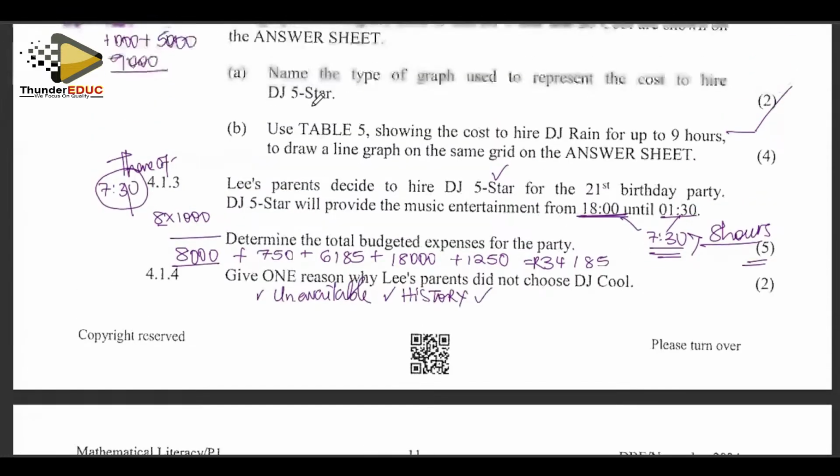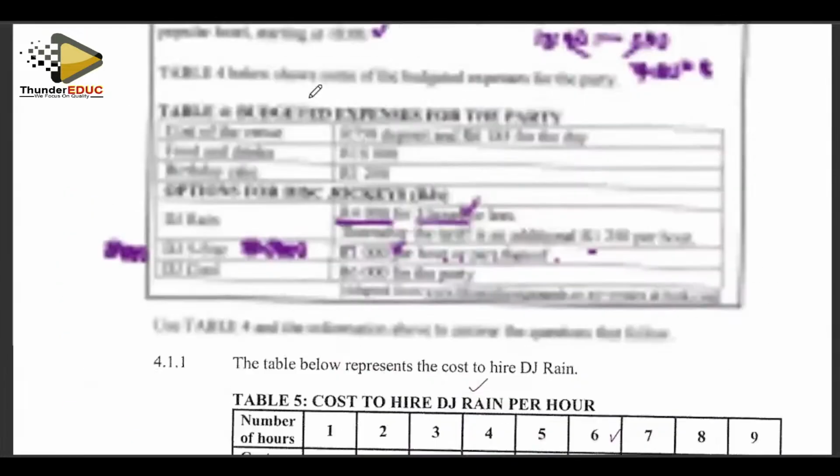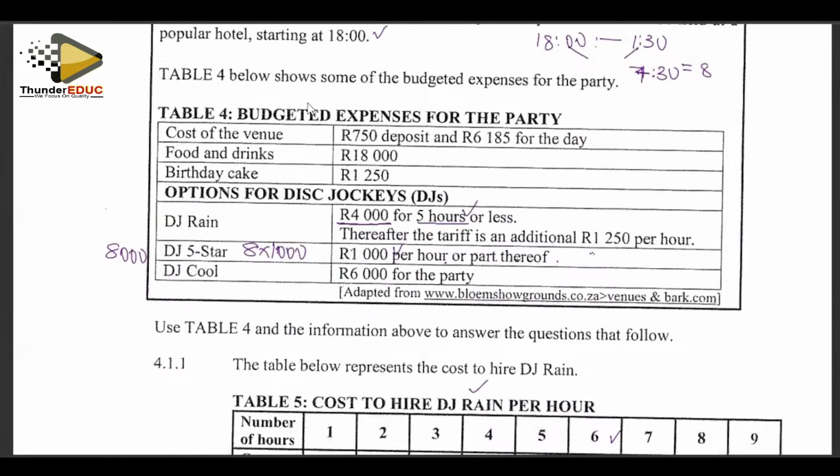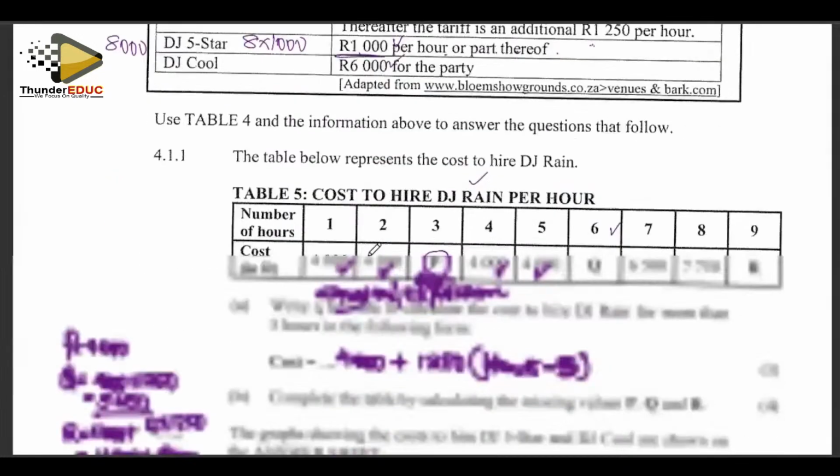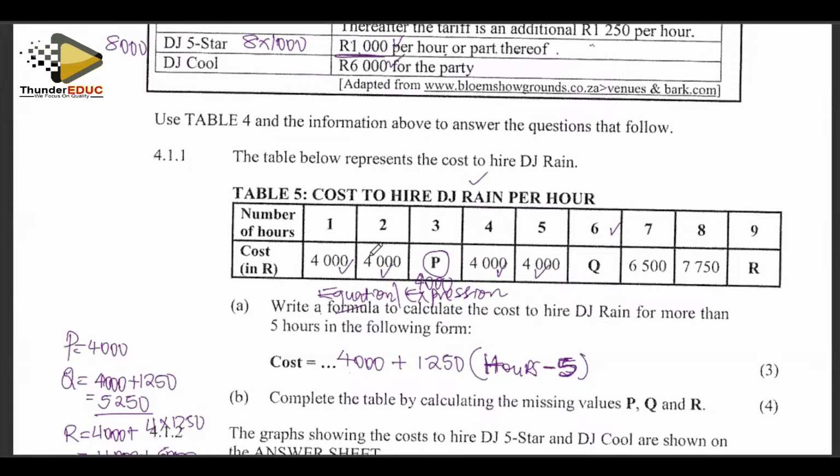Maybe also they looked at DJ Cool at a mere glance and said, oh, this is the cheapest guy, 1,000 per hour. And they didn't know whether it will spend 4 hours, or maybe it will be cheaper because this one asked for 6,000 straight. You understand? It looks to be expensive, but it might be cheaper if you're going to spend a long time. Actually, it was cheaper,